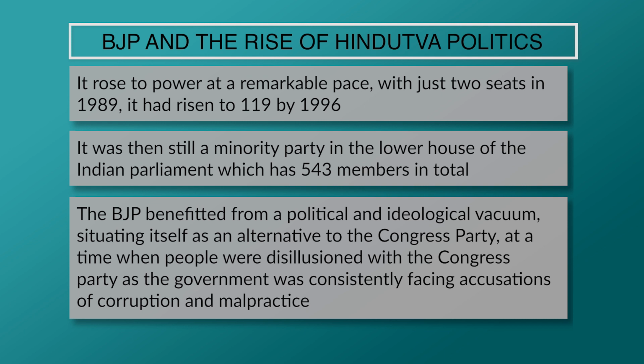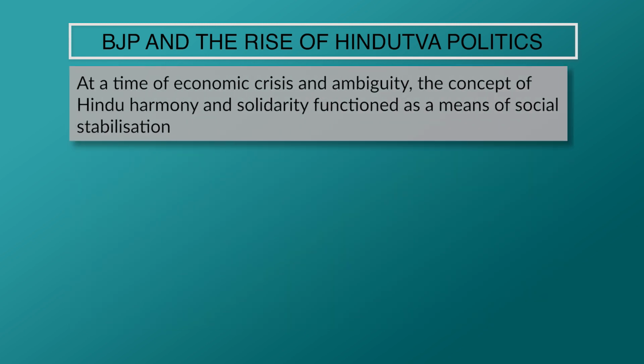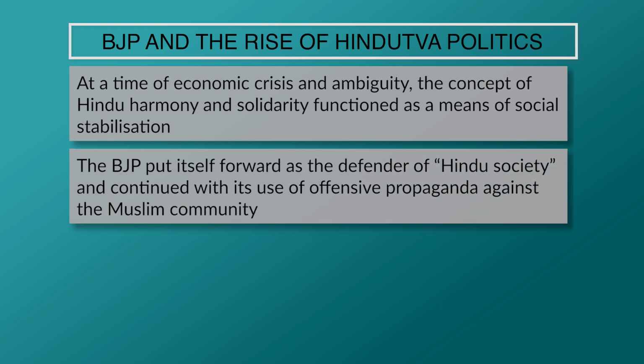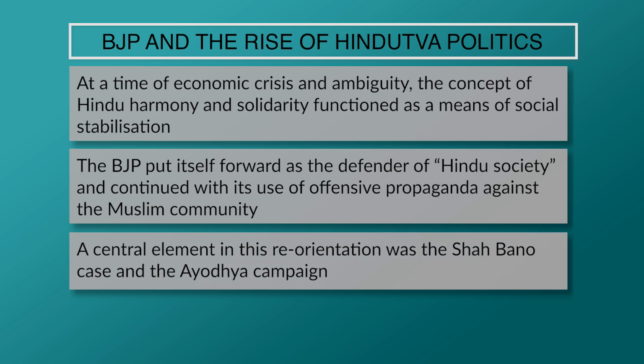a time when people were disillusioned with the Congress party as the government was constantly facing accusations of corruption and malpractices. At a time of economic crisis and ambiguity, the concept of Hindu hegemony and harmony and solidarity functioned as a means of social stabilization. The BJP put itself forward as a defender of Hindu society and continued its use of offensive propaganda against the other minority communities. The central element of the reorientation was the Shah Bano case and the Ayodhya